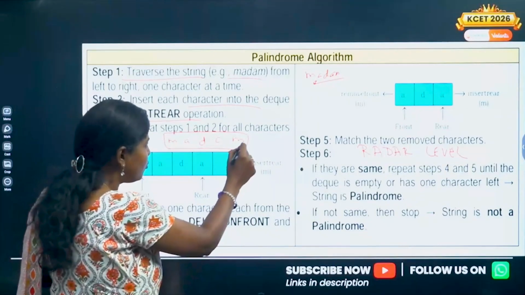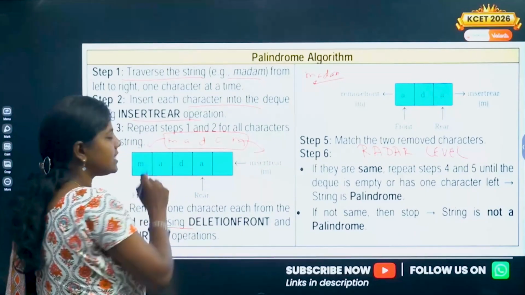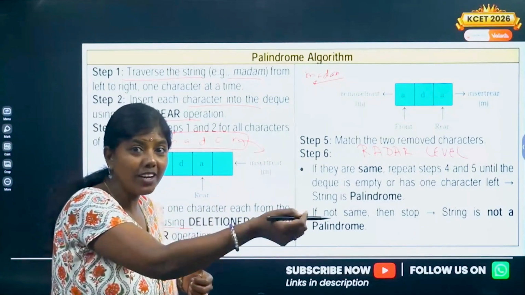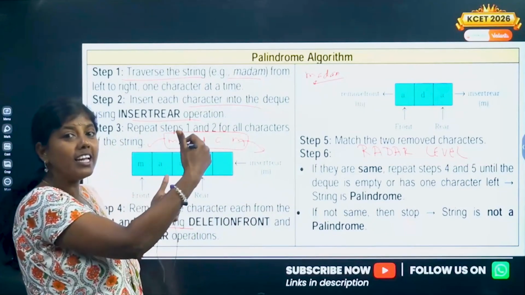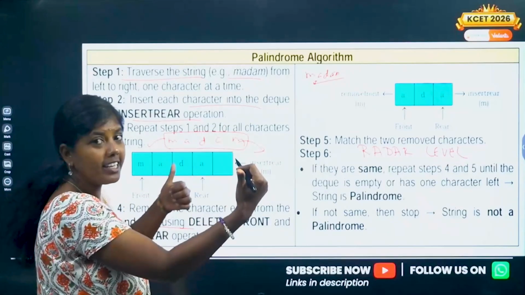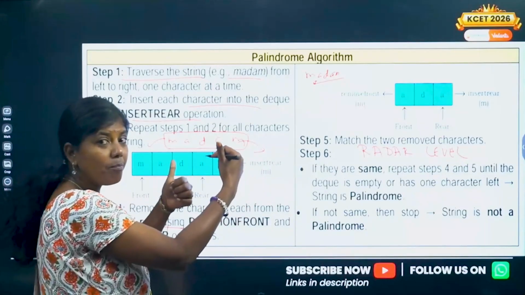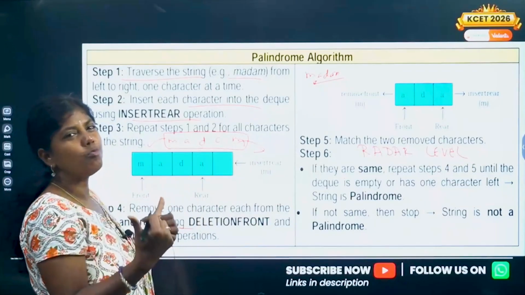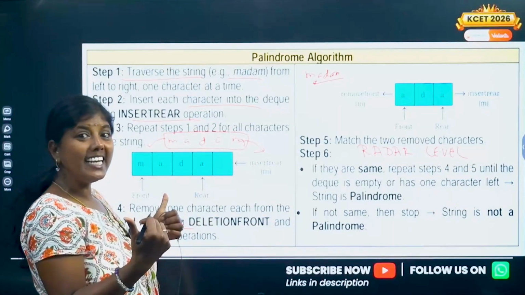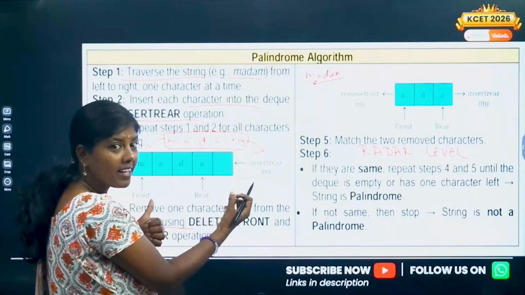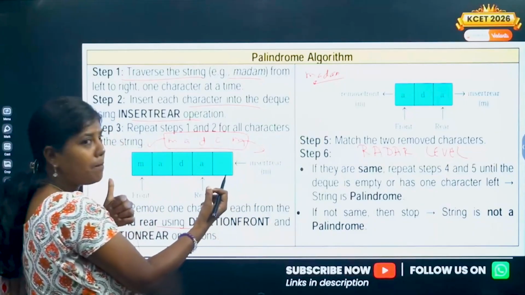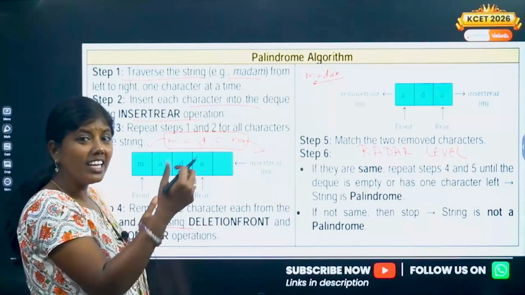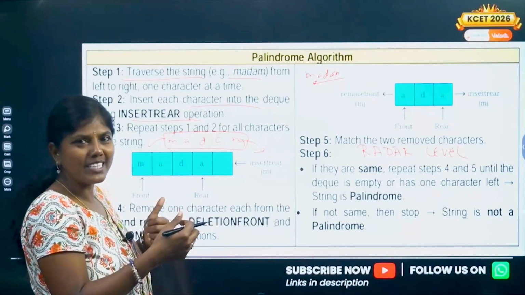Deletion from the front end and deletion from the rear end, from both ends, at a time one character has to be removed. Delete rear gives me one character, delete front gives me another. Compare them. Then only the palindrome will be satisfied, right?